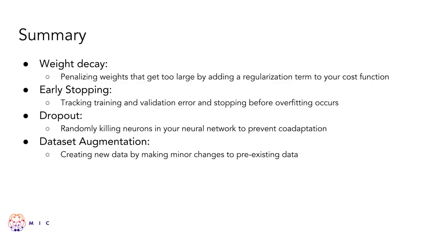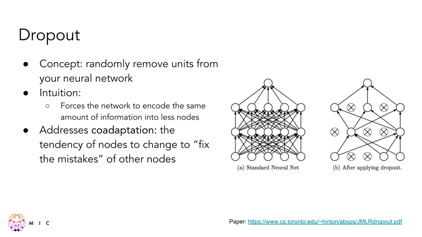Yeah? Can you go over co-adaptation? Sure. So co-adaptation is something that we see during training that's related to overfitting. Basically, when you calculate your loss at the end of forward propagation, it's loss relative to all of your weights. So when you backpropagate these derivatives, when they reach an individual node, an individual weight, that value has been influenced by all of the other weights that have come before it. So individual nodes have a tendency to change in relation to other nodes.